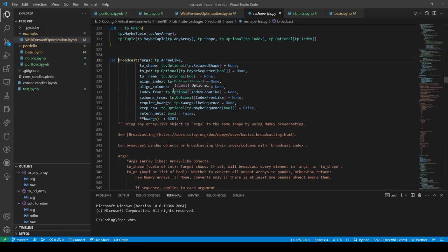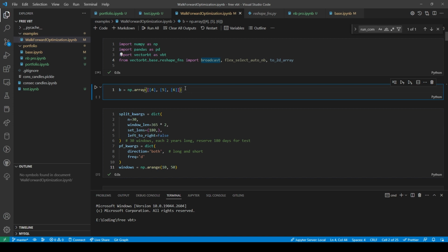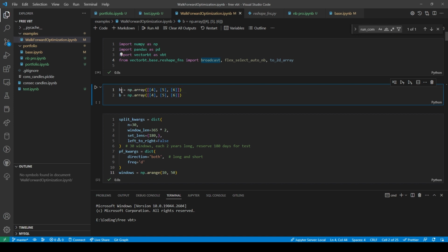Bring an array-like object in args in the same shape as NumPy broadcasting. So let's just try this real quick. So we'll say stop loss, and then we'll say risk reward. So the stop loss is going to be 2, 1, and 2, and then that's it. I feel like this is going to say that I need the same size. 2, 3, 4.